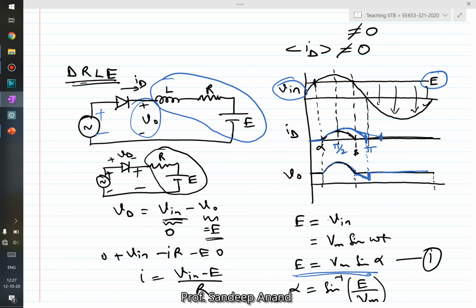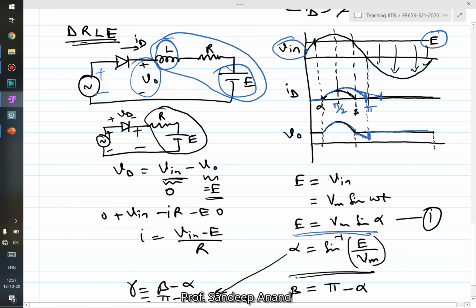Here also you can imagine the equal area idea which we talked about earlier. I would like you to draw the waveforms for only an L and E kind of load, and then see which areas would cancel out, when the current would start and when it would end, and what the duration of the current gamma is going to be. Here you see the output voltage is DC, the average value is DC, there is no doubt about that, but at the same time there is some ripple. There is an oscillation. It's not pure DC, it has some AC component also included, and the diode current is also DC.